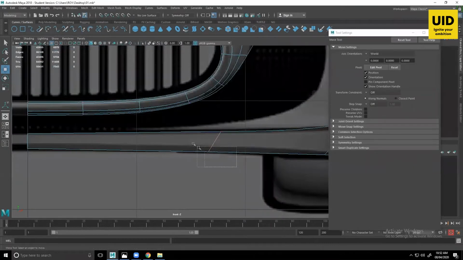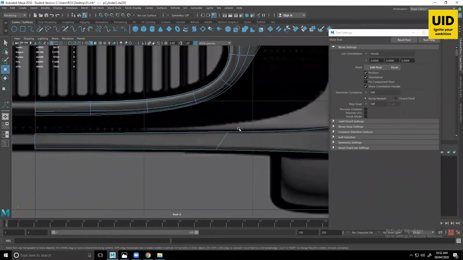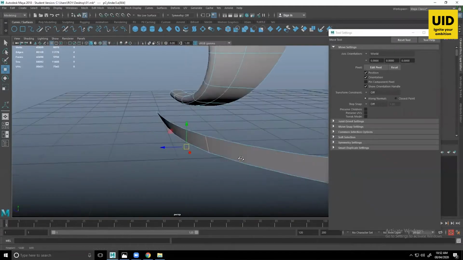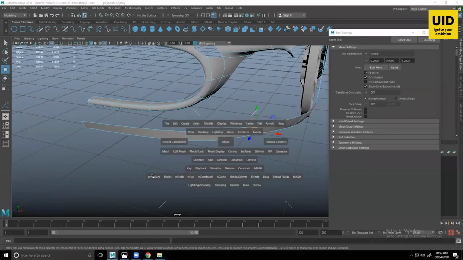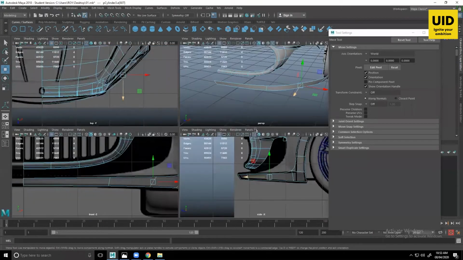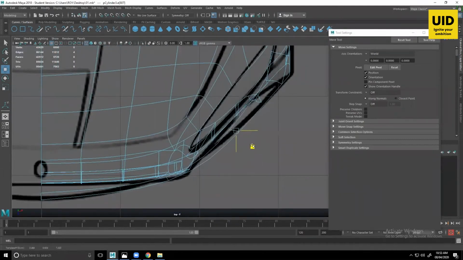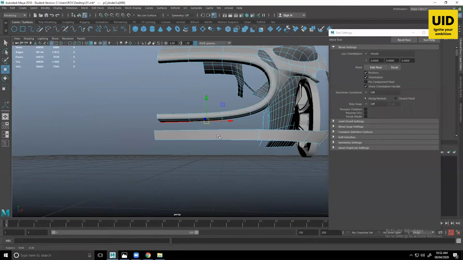Go to my vertex, pull it up. I go to my edge, select, bring in split. Okay, one more over here.